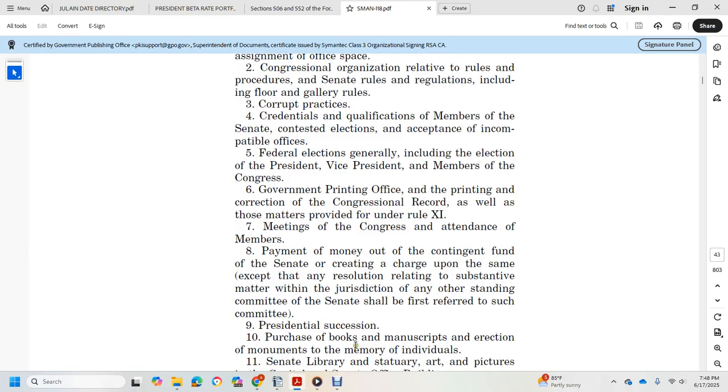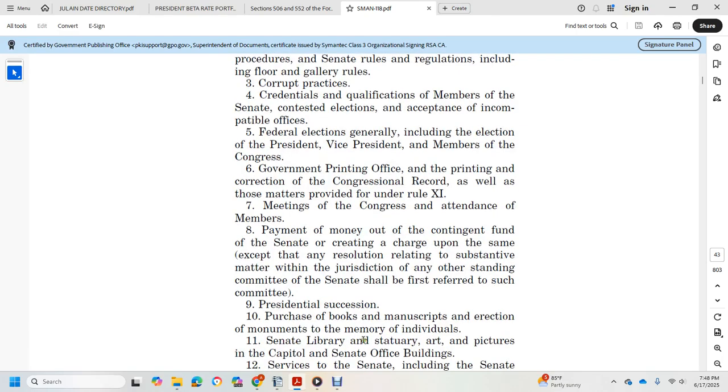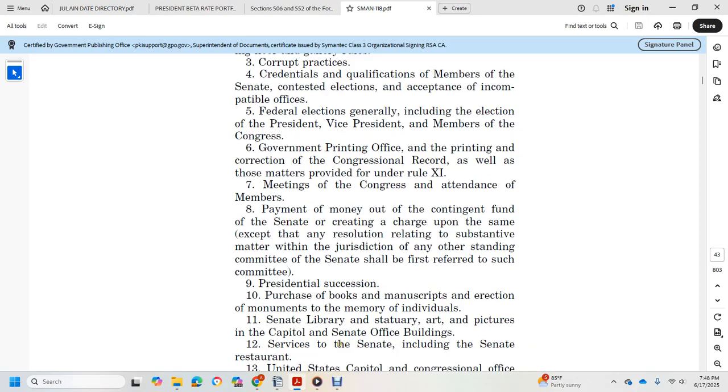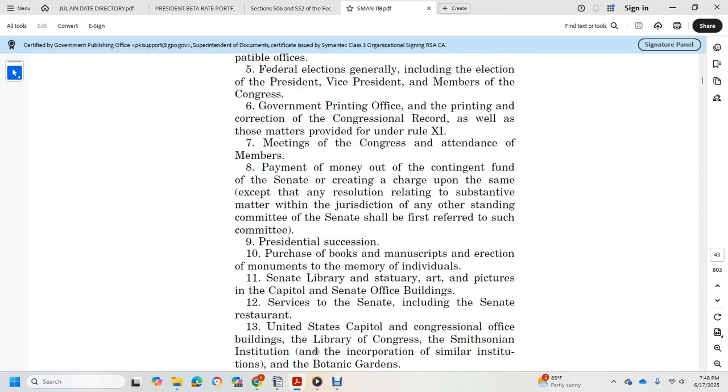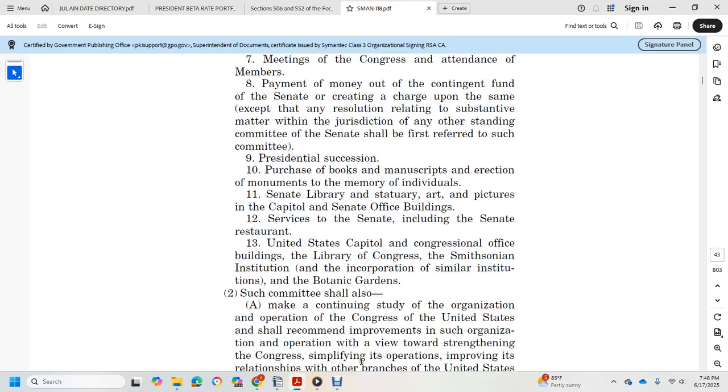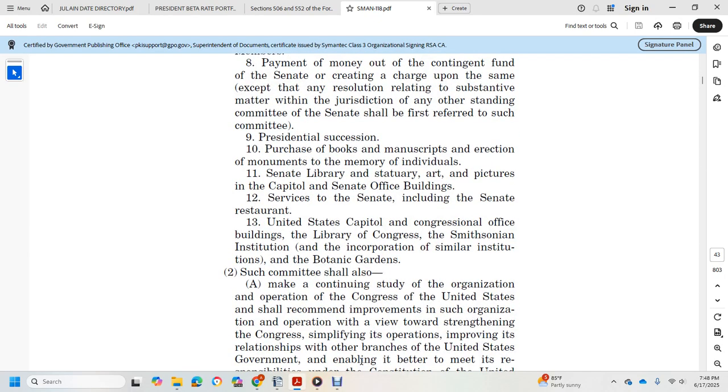Presidential succession, purchase of books and manuscripts, erection of monuments to the memory of individual Senators, the library, the statutory art of the pictures in the Capitol and Senate office buildings, service of the Senate, including the Senate restaurant on the United States Capitol, with the Congressional Office Building, Library of Congress, the Smithsonian Institution, the incorporation of similar institutions in botanic gardens, make a continuing study of the organization and operation of the